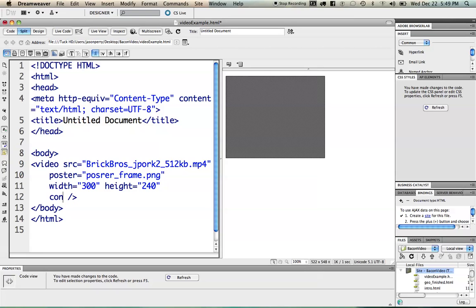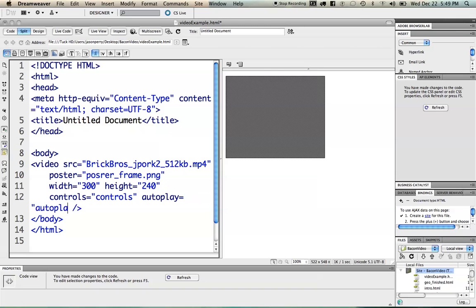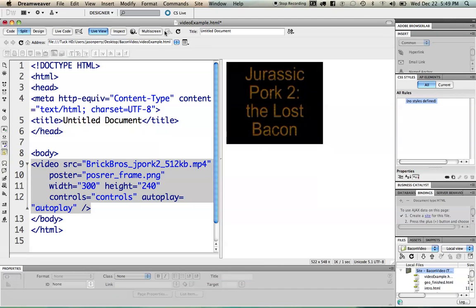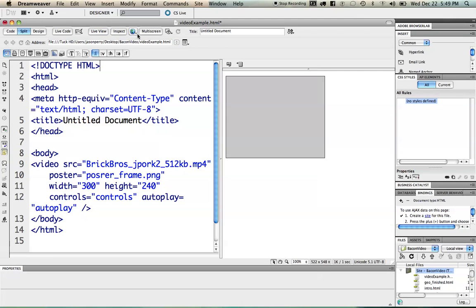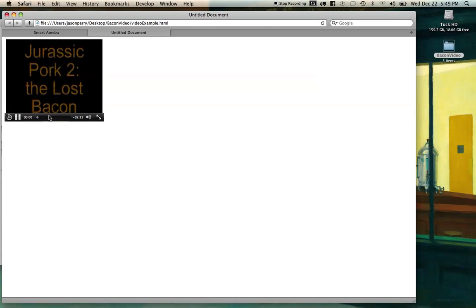One of them that we have is the controls option. So if we go over here, let's see if we can get my code engine to pop up, and I'm going to say controls equals controls, and I'm also going to set the autoplay option, and I'm just going to say that it's equal to autoplay. Alright, now we'll plot back in live view, and let's preview this in my browser so you can see how it looks in Safari. Save my changes. And now I get the